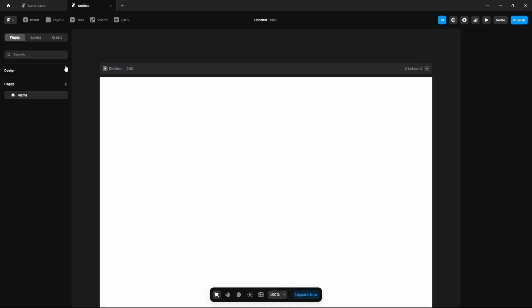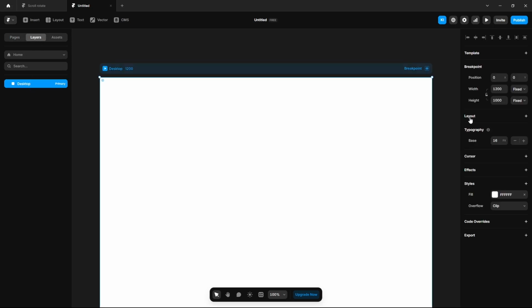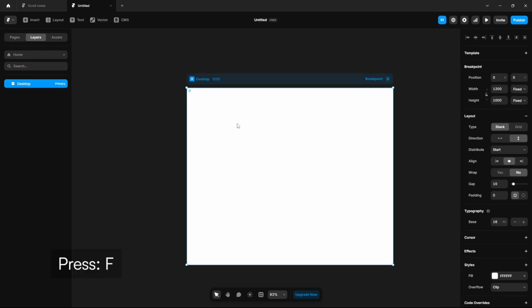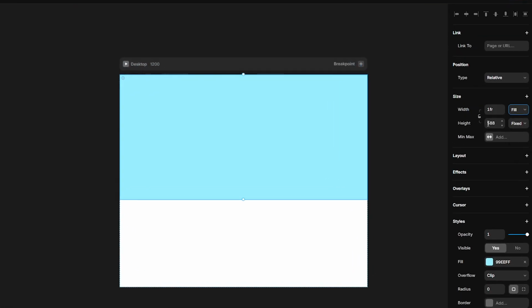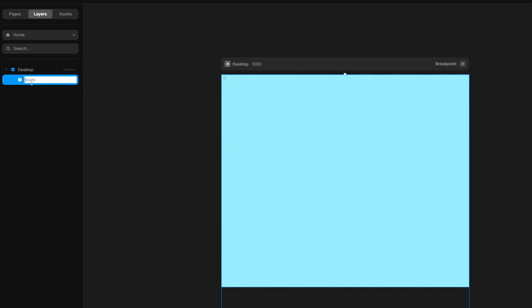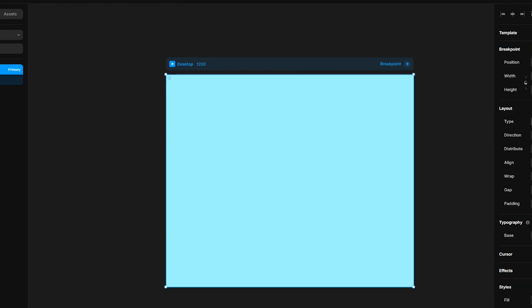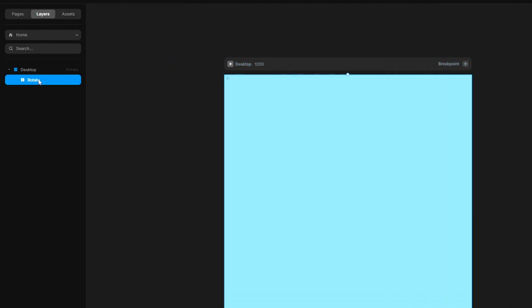Create a new project, go to layers, desktop, click this layer to make it stack, press F on the keyboard to add a frame, set the width to fill, height 1200 pixels. Click this layer to make it stack, name it rotate, go to desktop, hide, fit content, click here, right click